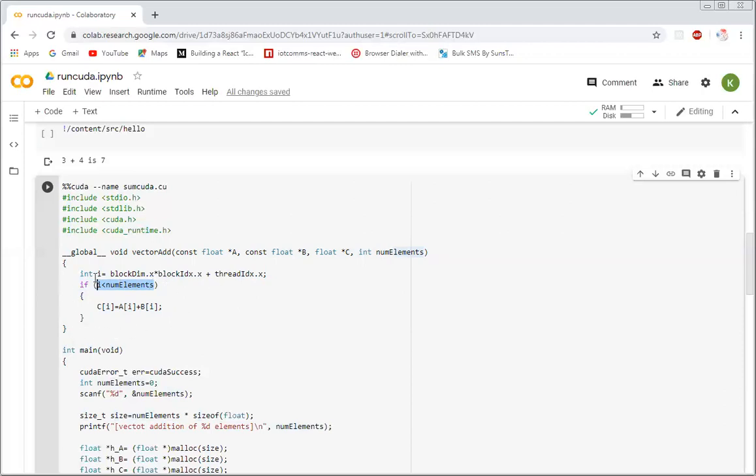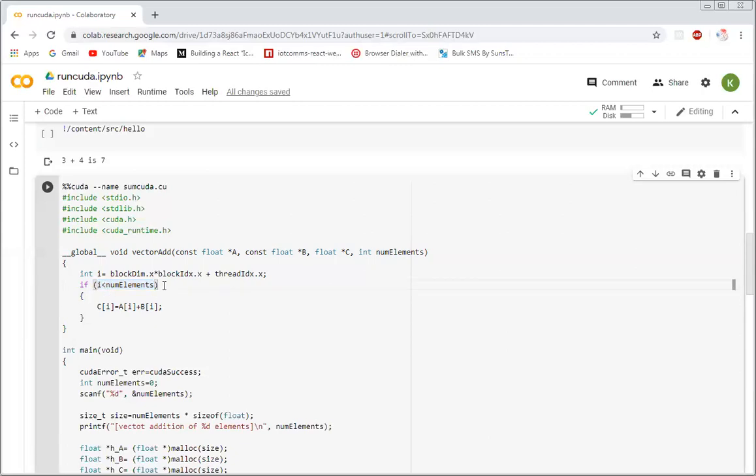So we want to execute this only for those threads whose thread ID is within our range. If the thread ID goes beyond our range, in that case we will not execute it. So just to keep track of the range, we are checking whether this thread ID is within the range or not.